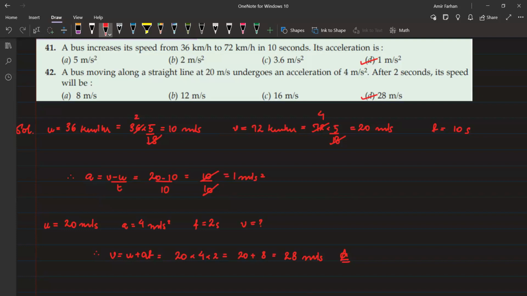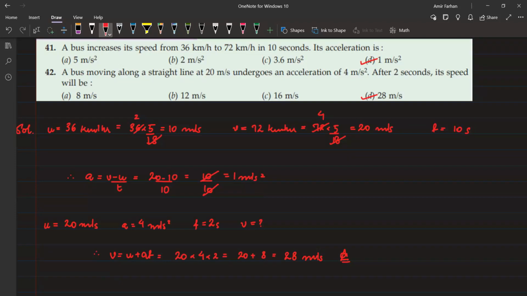As you can see, we have done most of the numericals based on the equations of motion. I will take some more numericals, and I have also given homework questions to you. I request all of you to please revise and do the homework questions in your notebooks, and submit the solutions. In the next class, we will start with some questions related to this topic. Next, we will do the graphical representation of motion. It means we will deal with the graphs in the syllabus. Two graphs are there: the distance time graph and the velocity time graph.